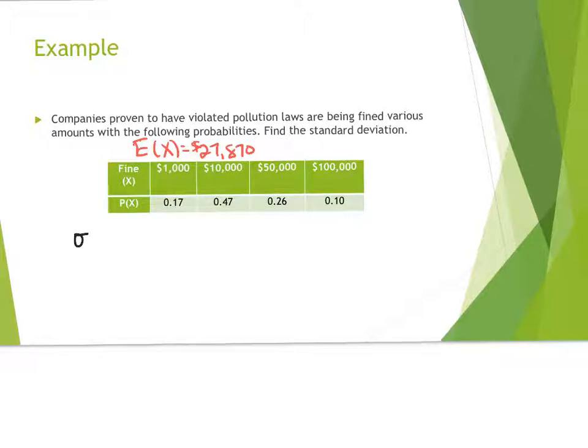So we're going to say sigma squared, or var x, or variance of x, is equal to, you take every x value and subtract it from this mean value. So we're going to do 1,000 minus 27,870, and we're going to square that. And then we're going to multiply it by its probability, 0.17, plus